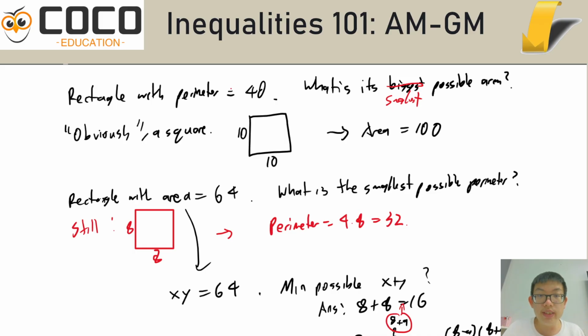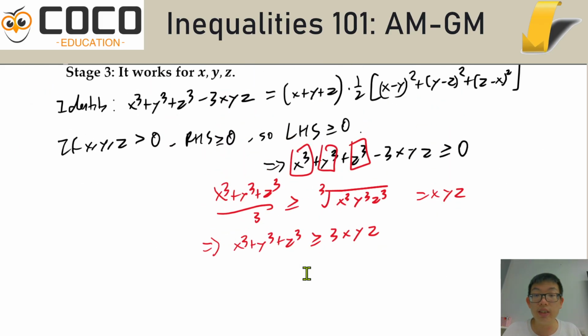So likewise, in each of these cases, it doesn't make sense to ask how small can I make 3xyz given x cubed plus y cubed plus z cubed. But it makes sense to say how small can I make x cubed plus y cubed plus z cubed given xyz. Okay, so now that we understand what AM-GM is saying, why it makes sense,